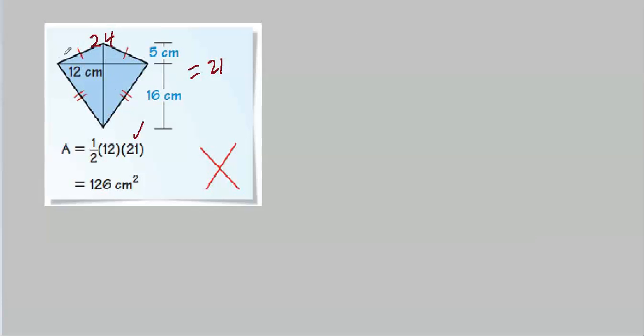This is usually the shortest one. Let's say that the diagonal which connects the two non-congruent sides gets bisected by the diagonal that runs from two congruent sides to the other two congruent sides. In other words, from the vertex formed by two congruent sides to the other vertex formed by two congruent sides. That will bisect the diagonal which goes from the vertex of the two non-congruent sides to the other vertex of two non-congruent sides.